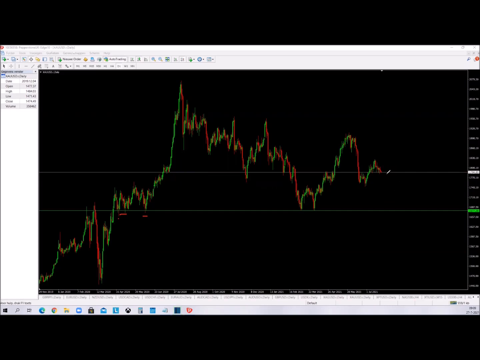So from a long-term perspective, I would really love a move like this. And if this happens, I would definitely invest for the long term in gold. First of all, targeting this area because of these equal highs, but then again, definitely targeting a new high over here. So that's from a more investment and long-term perspective. I would like to see these lows being taken out. Now, if we go to the recent price action,